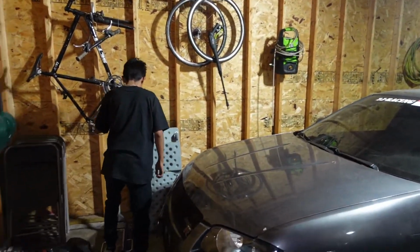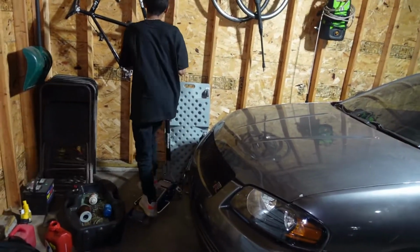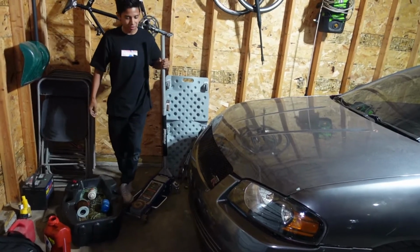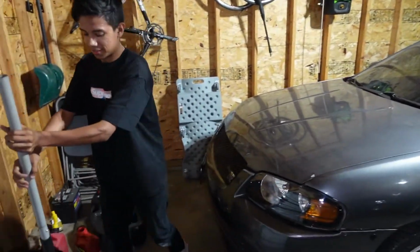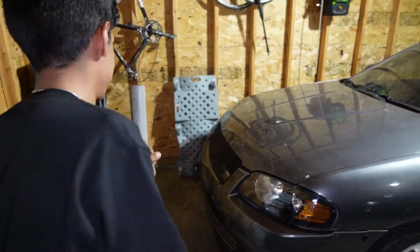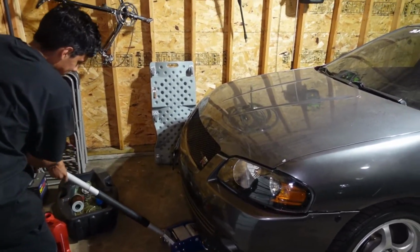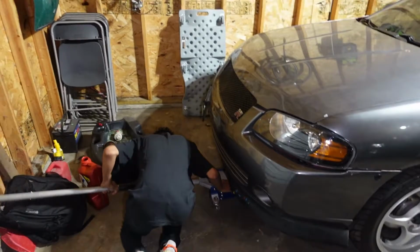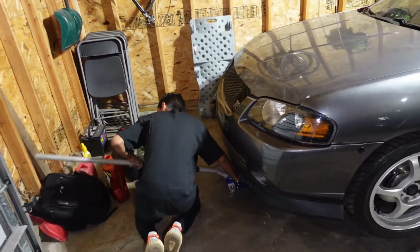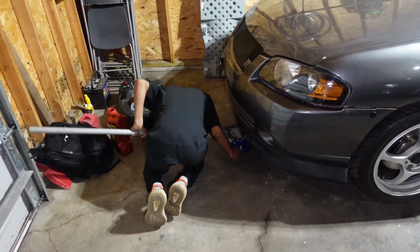So after about 4 or 5 months that the car hasn't been running, it's finally gonna run. You guys have seen the process. It's been a hectic process. I'm over here pushing the jacks in. I put it right underneath the front part of the engine bracket, like there's a little nub. I'm over here doing this while I'm in my...